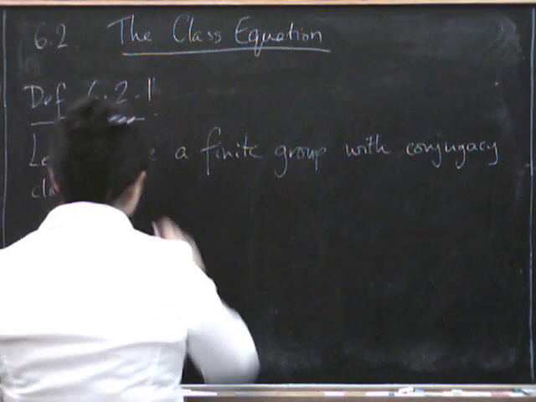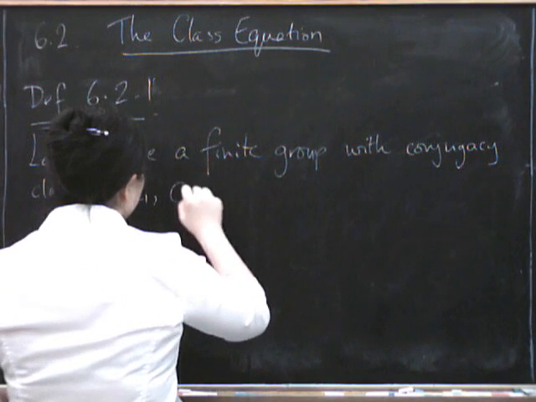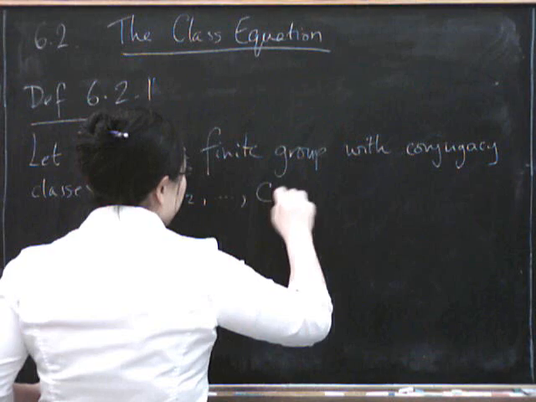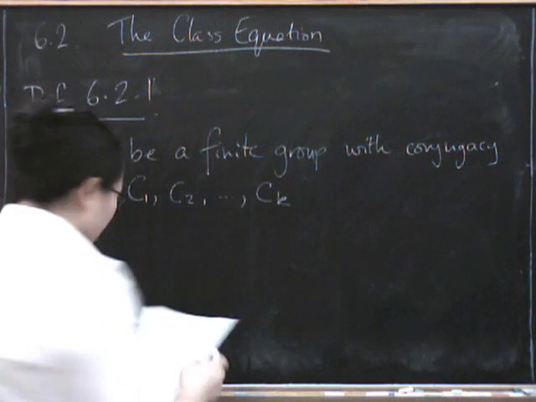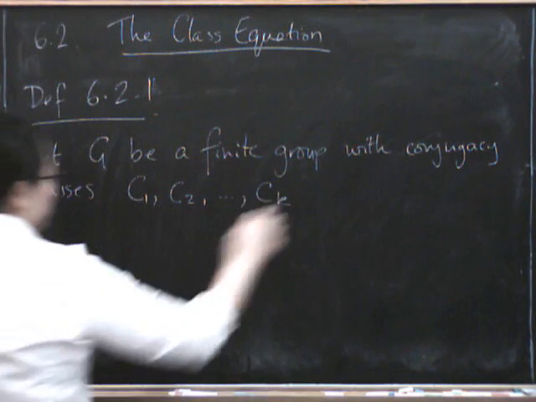So let's call them C1, C2, and so on up to CK, because there can only be a finite number of them. Then the class equation